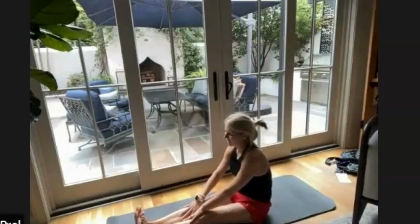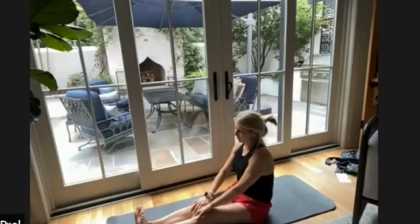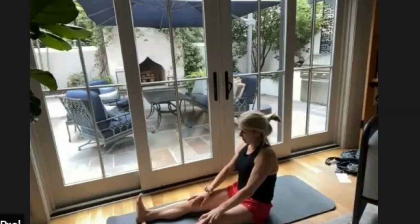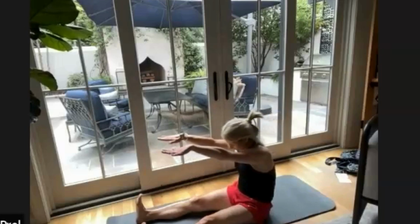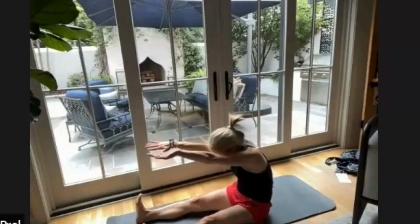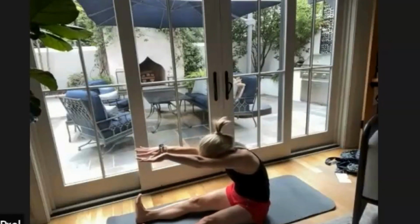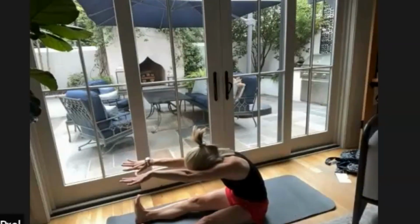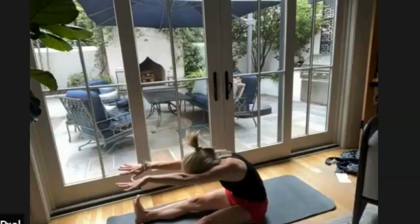and then bringing the legs all the way back down. Let's just come into a gentle forward fold, bringing the legs out as wide as the mat almost, and just coming forward like there's a big beach ball, and I am shooting my tailbone out the opposite way, coming into that gentle two-way Pilates stretch,